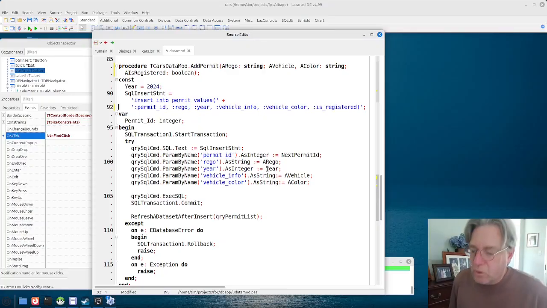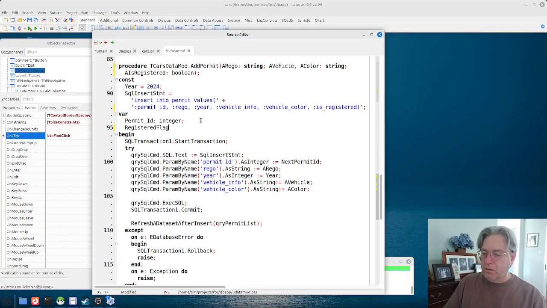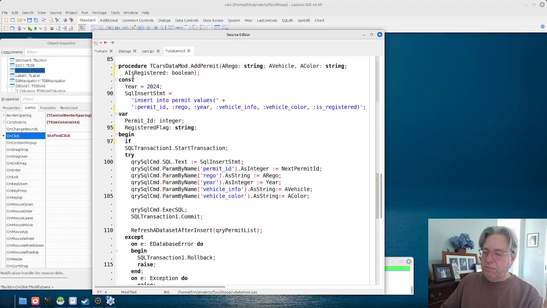The thing here now, just so you are aware, is that because I'm not specifying any column names, by the way, the last column basically is going to be whether or not it's registered or not. That's how I can get away with a different name here. So what we're going to do now is say, let's call it a string, and we can say here if